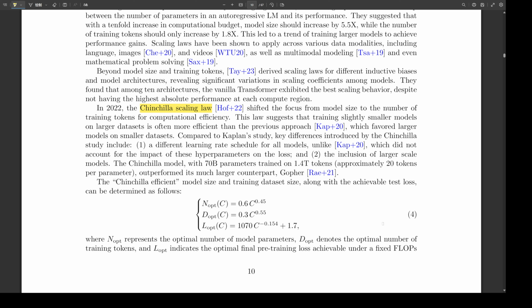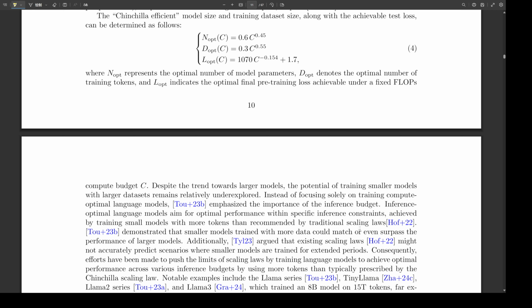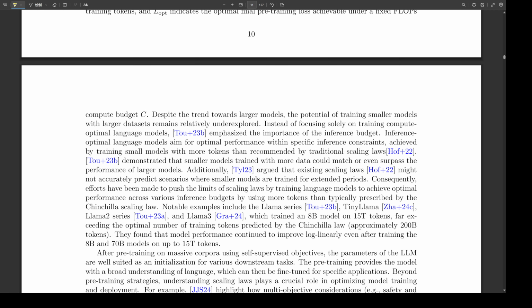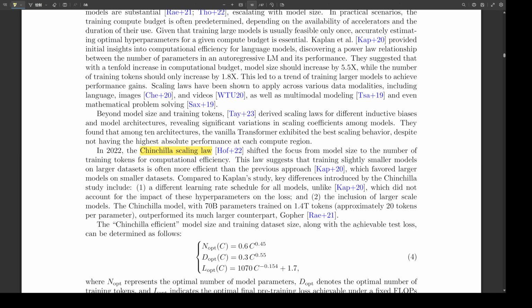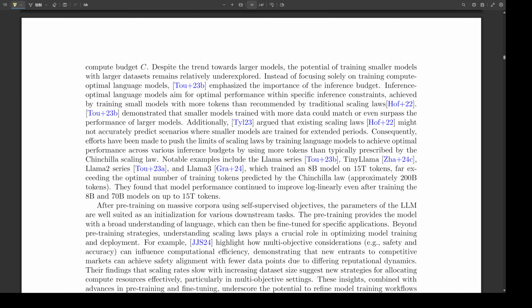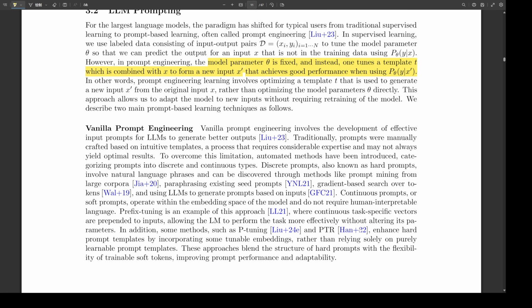Fascinating. So we've got this model pre-trained on a massive amount of data. It has this broad understanding of language. Now, how do we get it to perform specific tasks effectively? How do we tell it what to do? That's where prompting and fine-tuning techniques come into play. For these really large language models, the primary way we interact with them is through prompting. Instead of explicitly training them on specific tasks, we give them a prompt, which is like a set of instructions or a starting point, and they generate text based on that prompt.